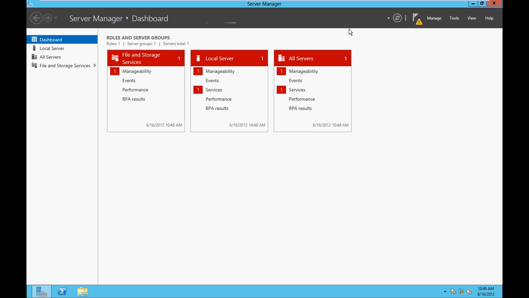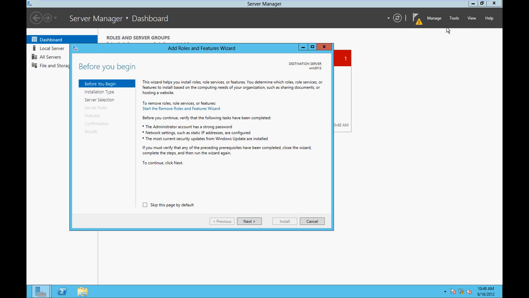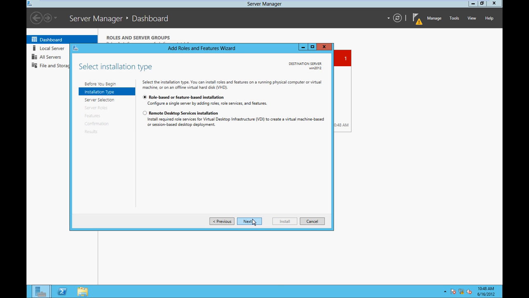Now let me show you the earlier version. Windows 2008 and Windows 2008 R2 had the Add Roles and Add Features options. Now they have merged those options and made it a single one, Add Roles and Features. So if you are looking for separate roles and separate features functionality, you will not be finding it here. You just need to get into Add Roles and Features, click here, and you will get both of them. Let me show you, clicking on next. This is a role-based feature installation,